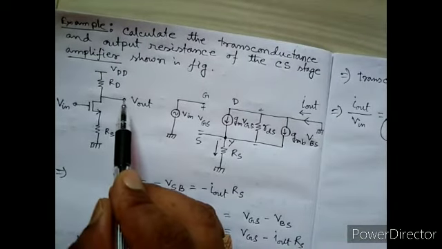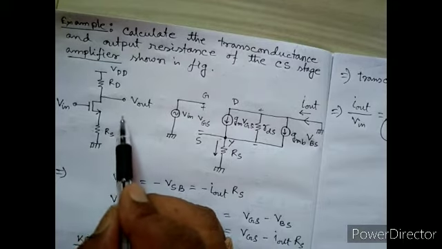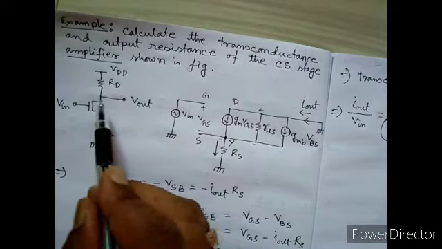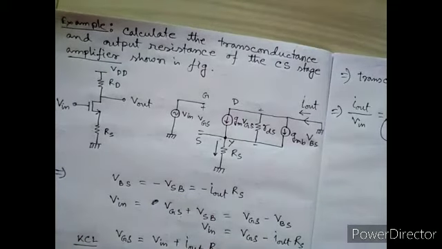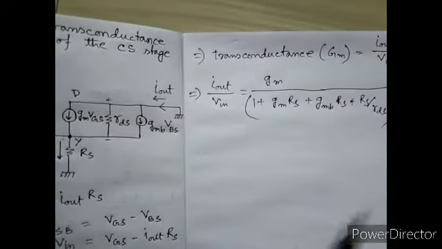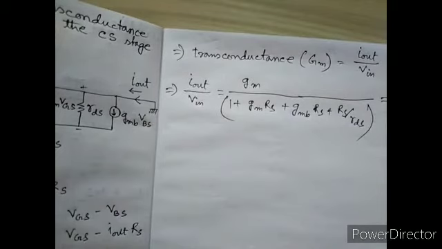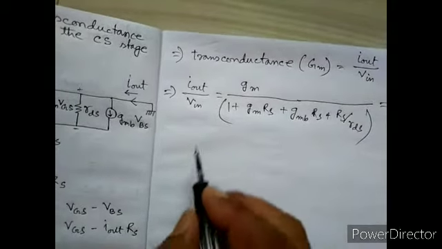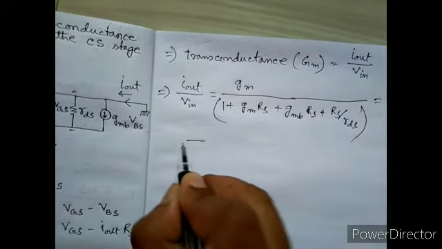You have to apply a potential supply across the output terminal. Then if we take V out by the current passing through, I out, V out by I out, then we can find out the output resistance. Now if we simplify and then